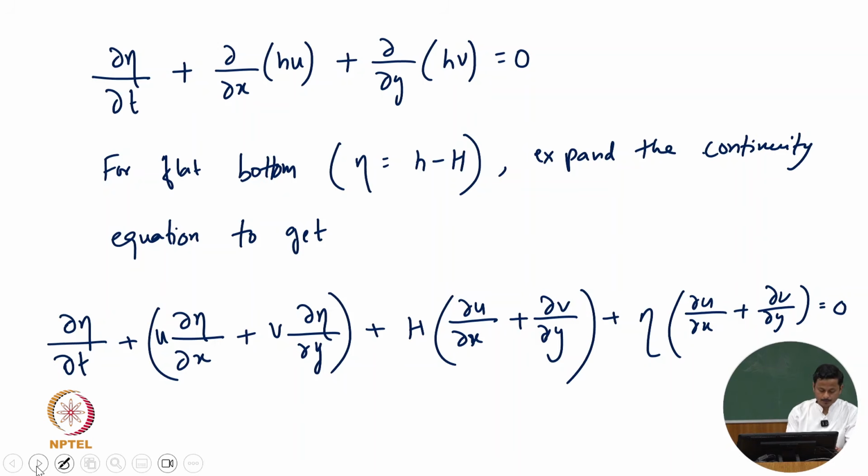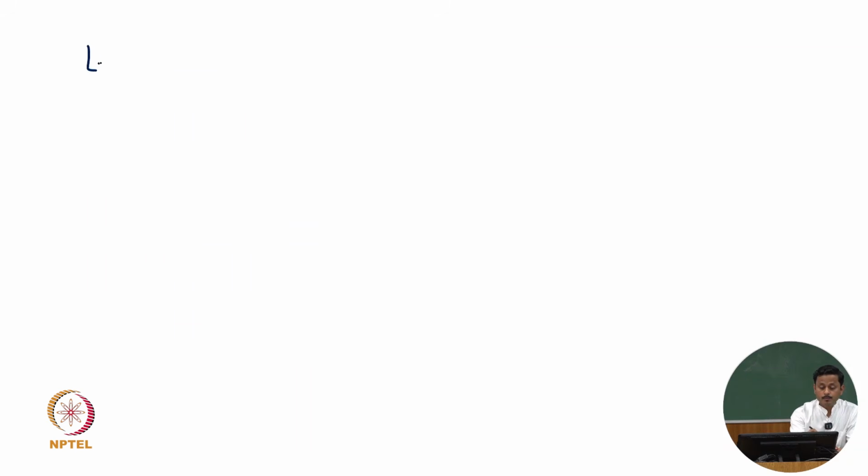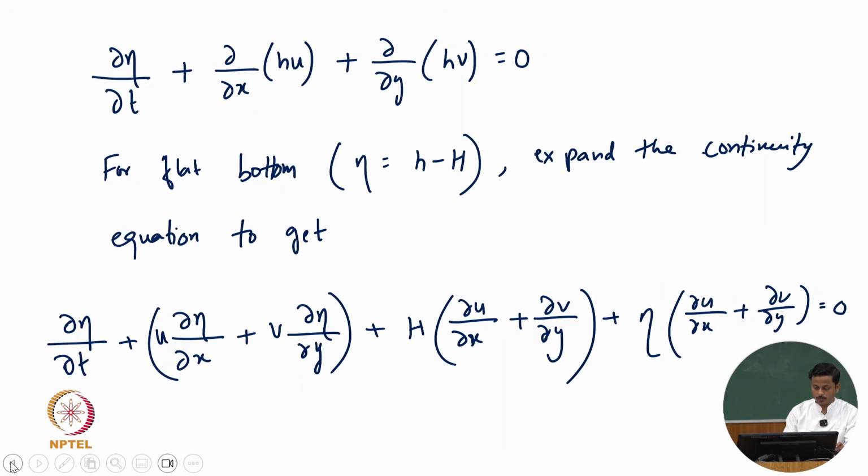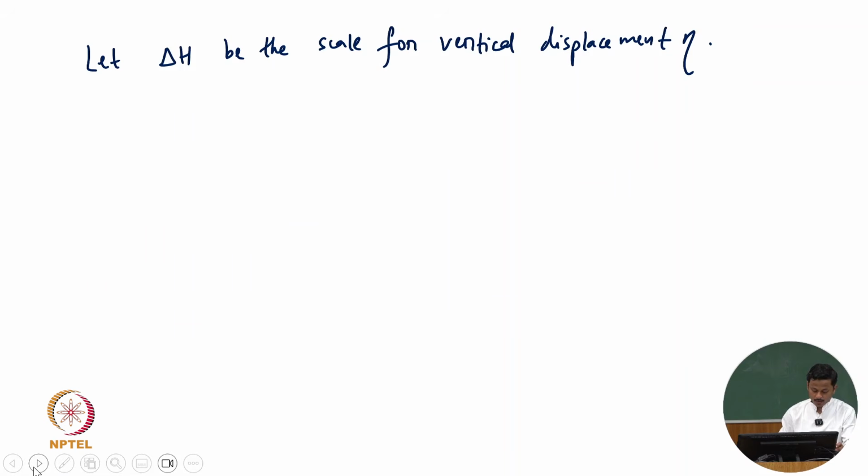Okay, so now let delta h be the scale for vertical displacement eta. Then the order of the terms in the previous equation, go back to the form of the continuity equation. Please verify that the order of the terms